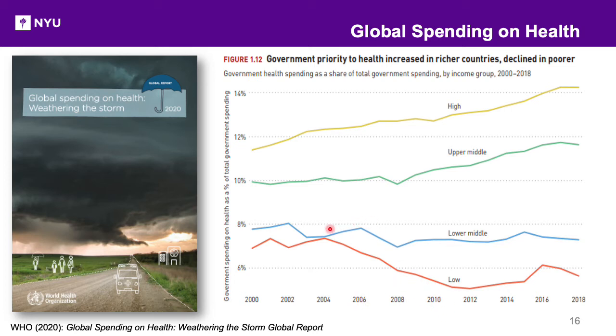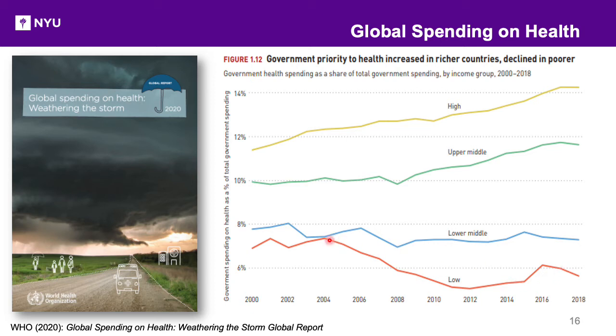And in fact, we can see that within that economic downturn, we did see that being reflected in lower middle income economies in terms of their health spending. So you can see that right here. And in fact, in lower middle income economies, their health spending has basically plateaued and in fact has decreased from what they spent in 2000 and is in fact less. And in fact, for lower income economies, it's considerably less than what they were spending in 2000.